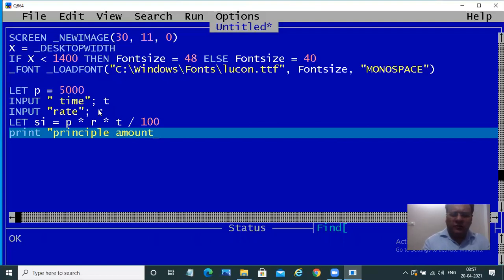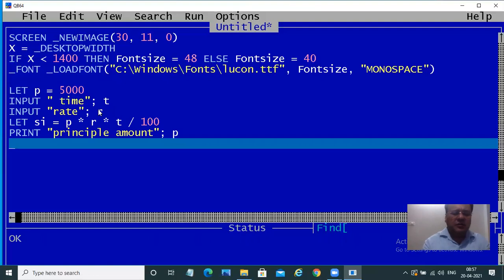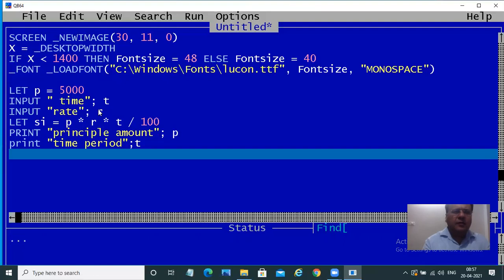This is not your school principal, please. This is the principal amount we are printing. So principal amount, print time period T, print rate of interest to R.